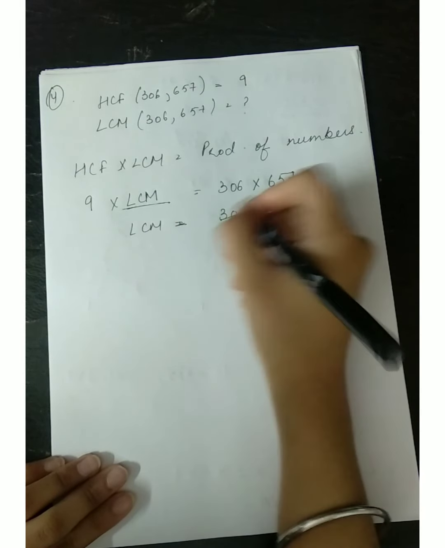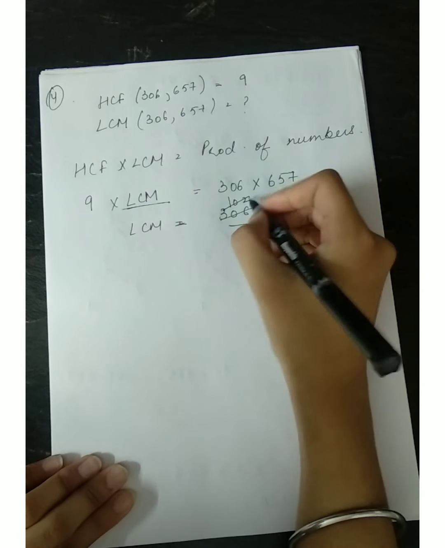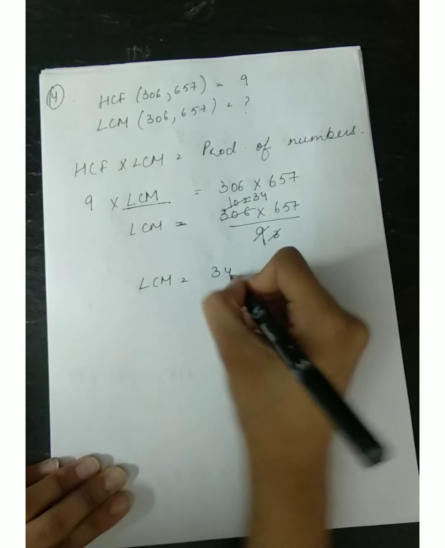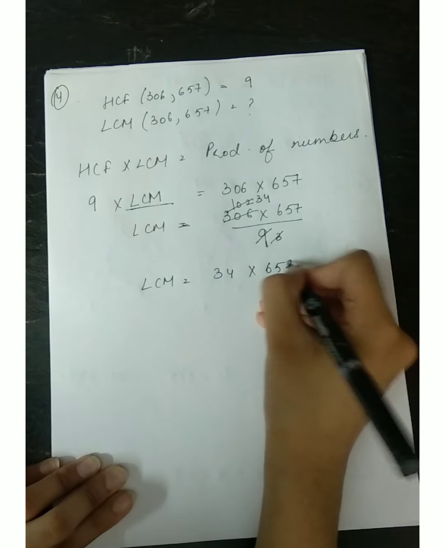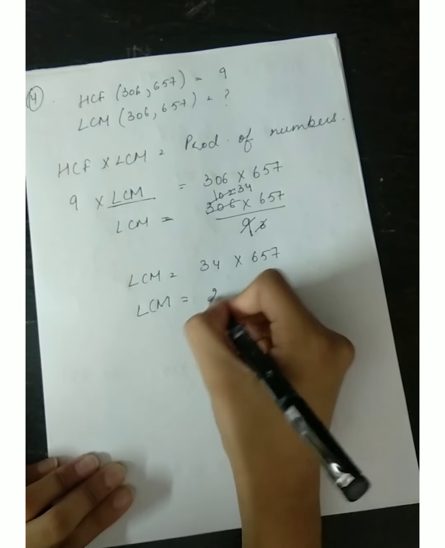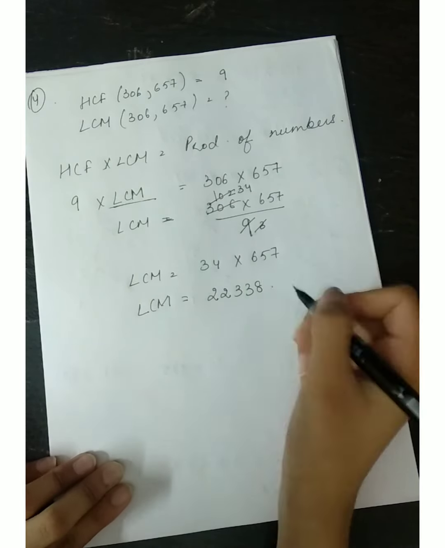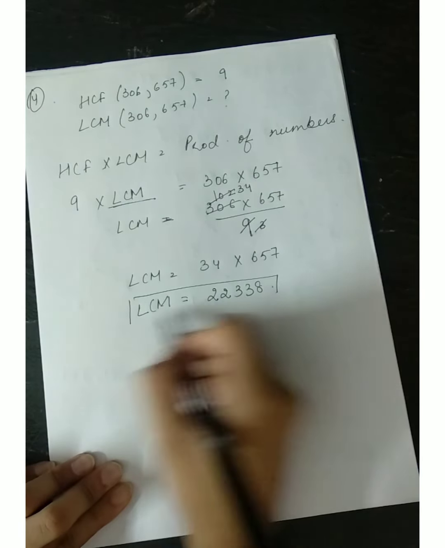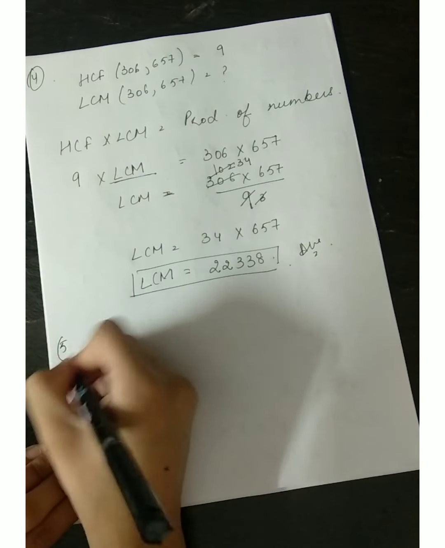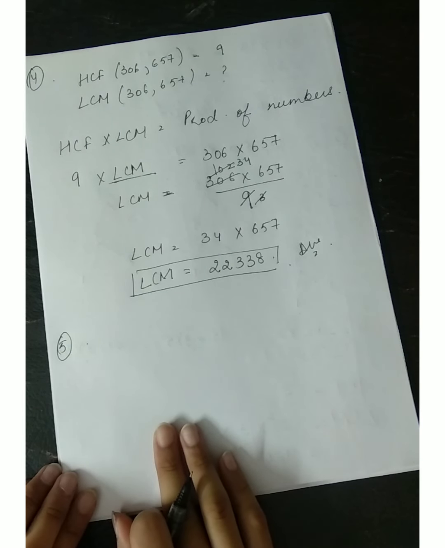Okay, 3, then 1, 0, 2, then again 3 and 34. Now LCM is equal to 34 multiplied by 657. So our LCM is equal to 22,338. This is our LCM. Now our next question, that is the fifth one, is check whether 6n can end with